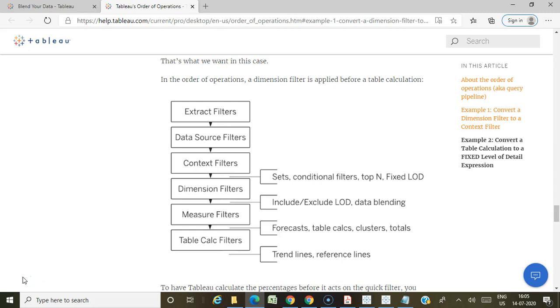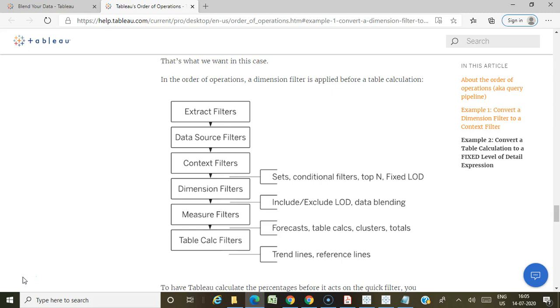Then the data source filter, the filter which is applied across the data source. It can be an extract filter, or it can be a filter for data which you want to avoid across the data source level. Then we have dimension filters and measure filters.